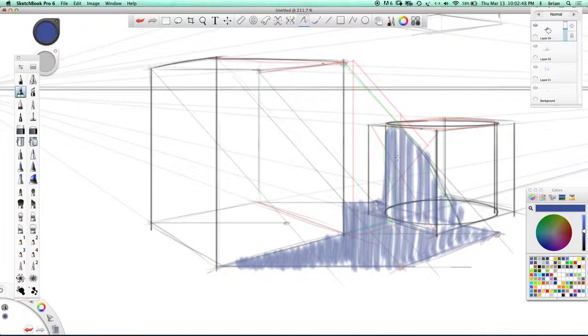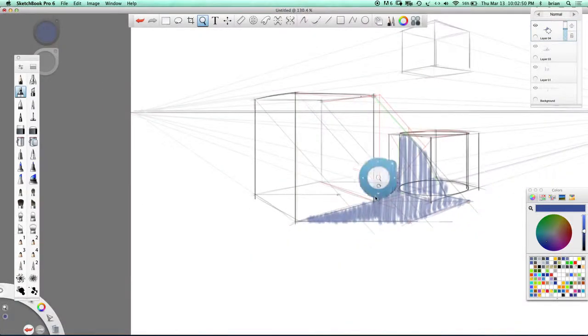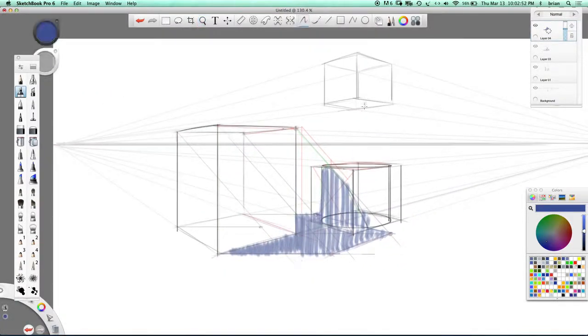And I'll turn that layer down a little bit too. Okay, so there's the shadow. Now I did this floating box in here too because some people were asking, well, how do I do a floating shadow? So in this case, I got to think about it like a